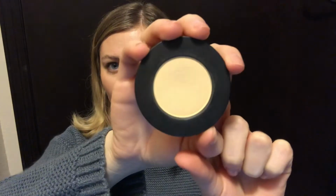Okay, it's from my Melt Stacks. Let me grab that quick. Okay, so I pulled the shade. It's just a matte white shade, as you can see here. It's maybe a little bit off-white, maybe not like stark white, but it's pretty white. I don't have any pan on it, as you can see. These shadows are huge, so I wouldn't say I have a dent in it or anything,